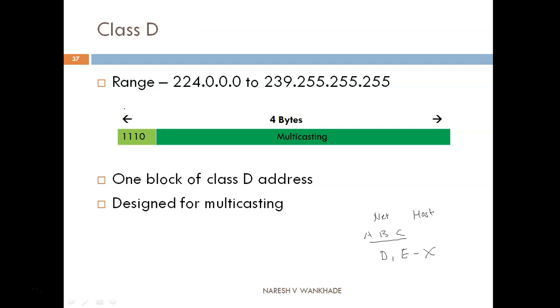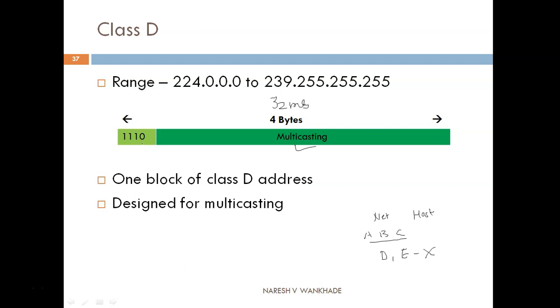As far as class D is concerned, the complete address of 4 bytes, that is 32 bits, is one entity, which is used for multicasting.